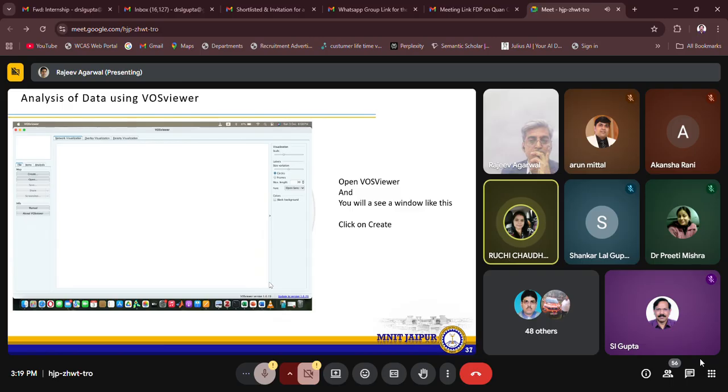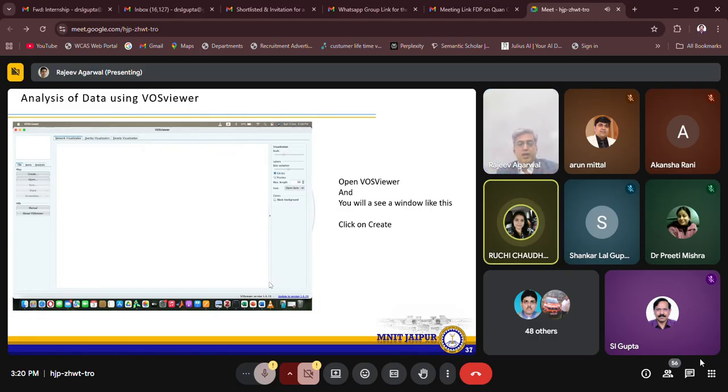What is the criteria for how many documents we should select for doing a bibliometric analysis? There is no fixed number, but obviously the number has to be optimum. It should not be 1,000 or 2,000. Somebody doing research in a very popular area may get that many papers, but if your research question is concise enough, your papers should be limited to 100, 150.